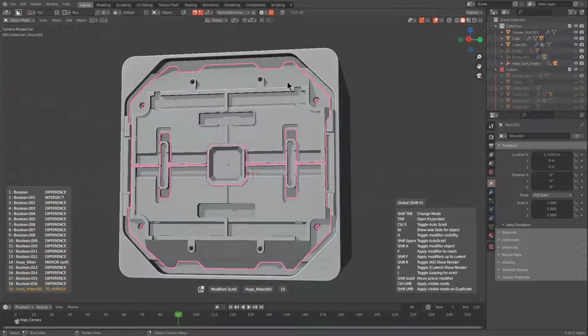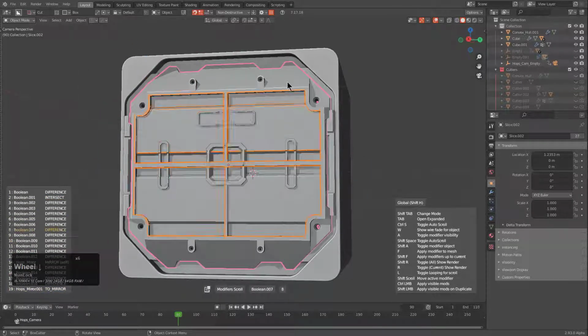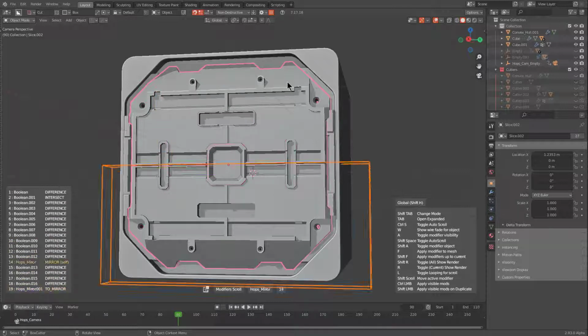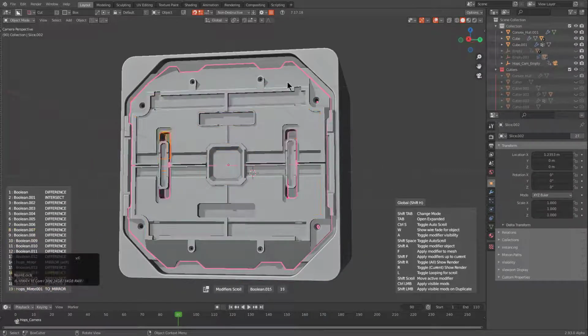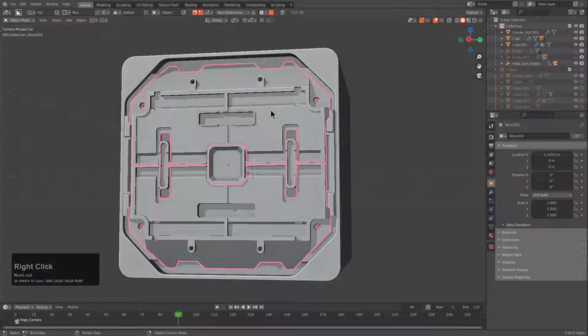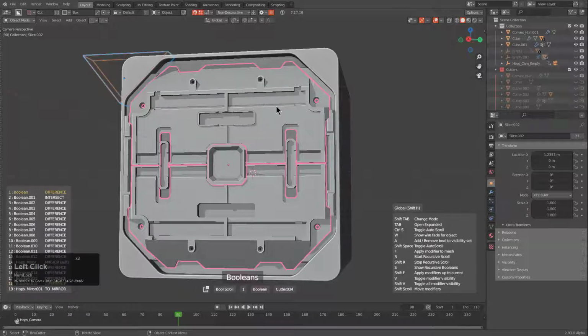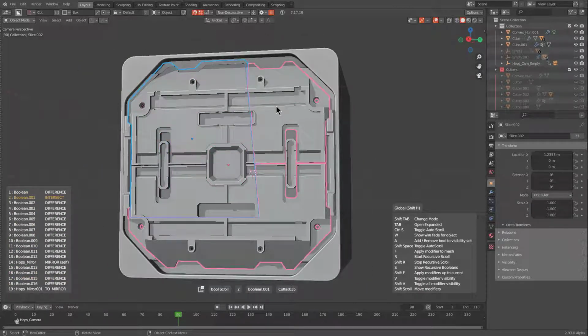There's a large road ahead for it as far as where I want to take modifier scroll, but the first step of it was of course remaking it, which is the form that you see now. But just letting you know that it's one of the many ways you can get in and quickly access your booleans. Just jump into Everscroll and you can scroll through and quickly access whatever boolean it is that you need,